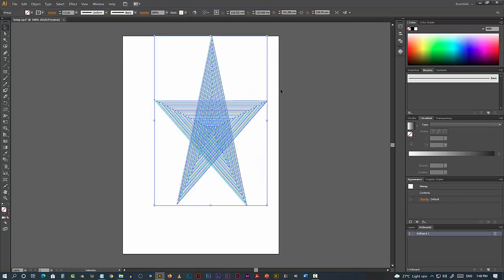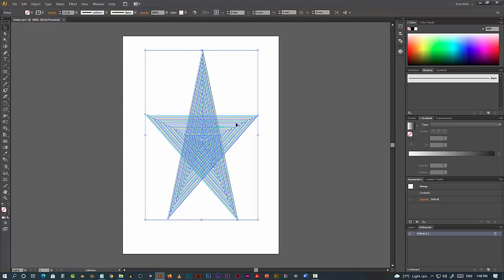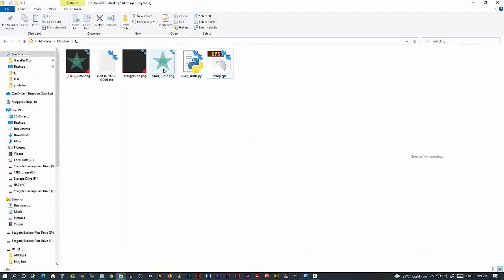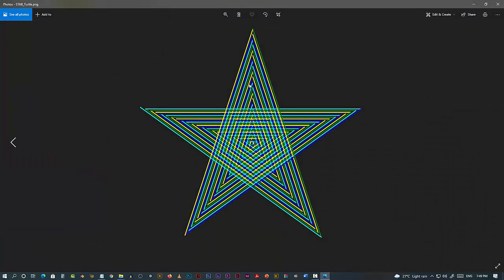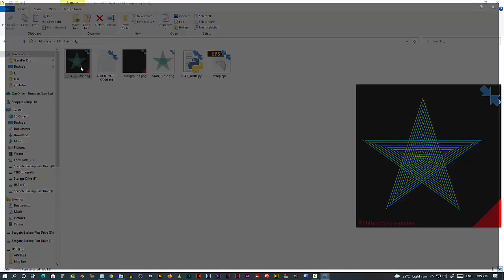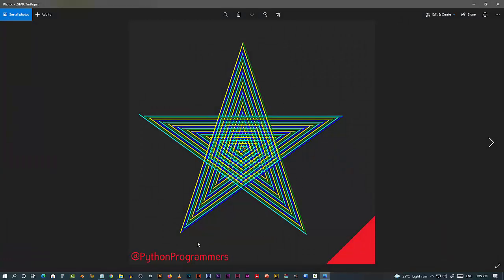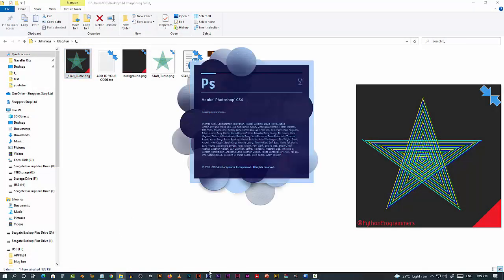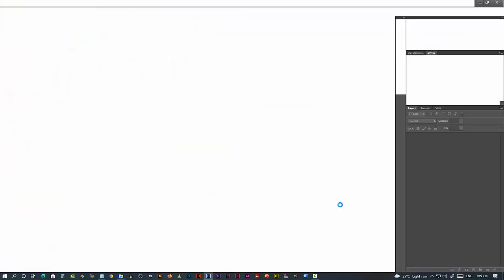You can do whatever you want using your Turtle. Okay, we don't need this. Then this is the PNG file. See, it's totally transparent. If you want to see how it is, it's already added here with that image. Now I'm going to show you in Photoshop.